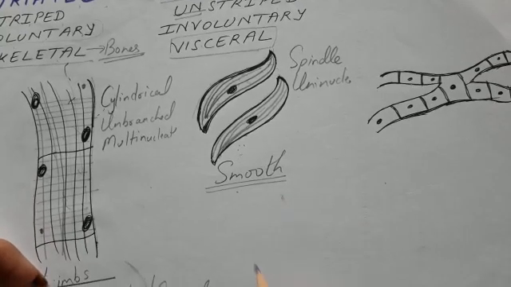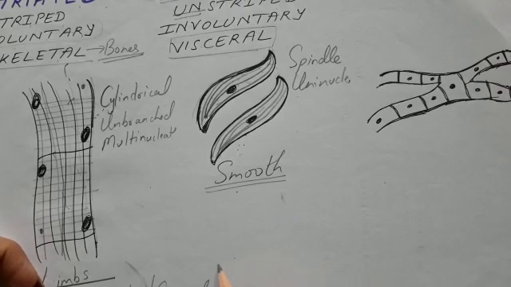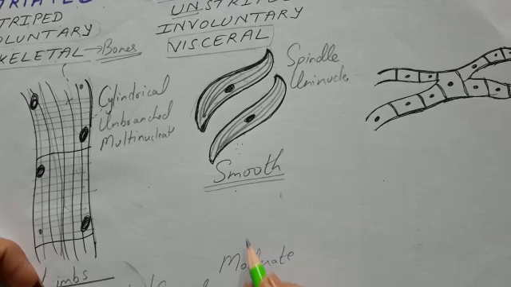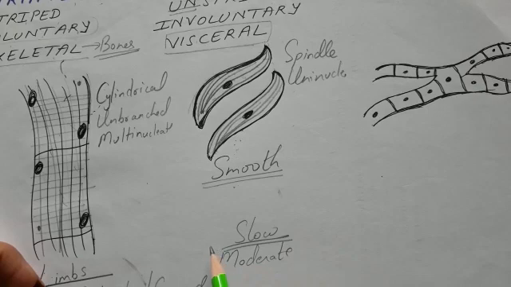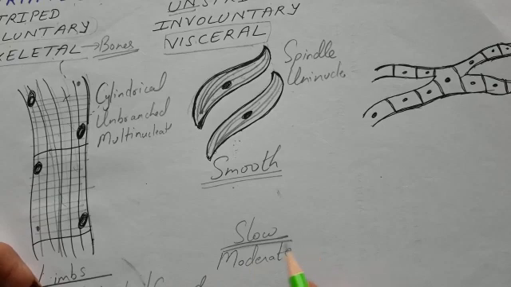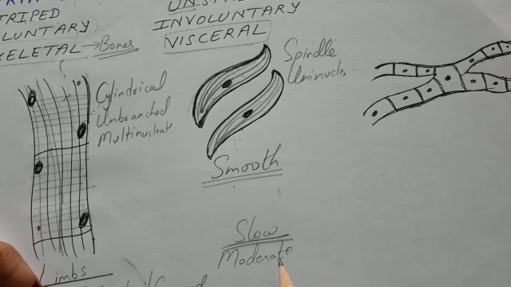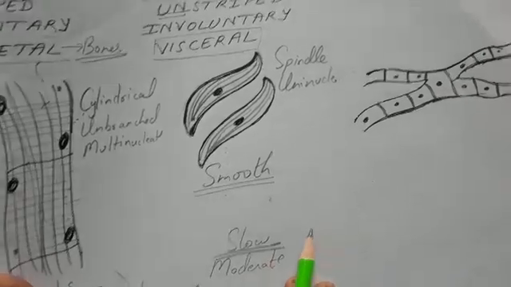They show slow, very moderate contraction and relaxation. They remain contracted for an extended period of time, and they remain expanded for an extended period of time. Okay, so they will be showing an extended contraction and relaxation. So they don't easily get tired. So they are helping in movement of the visceral or internal organs.